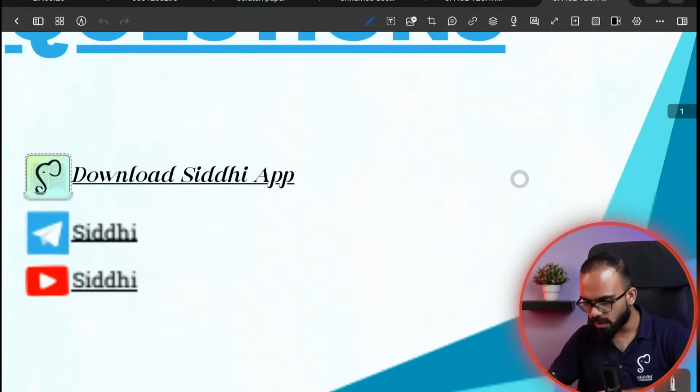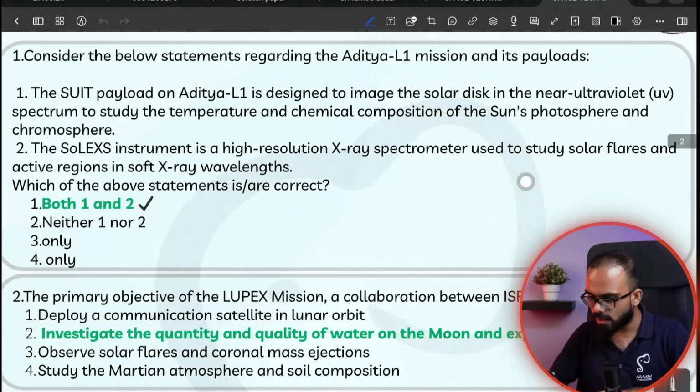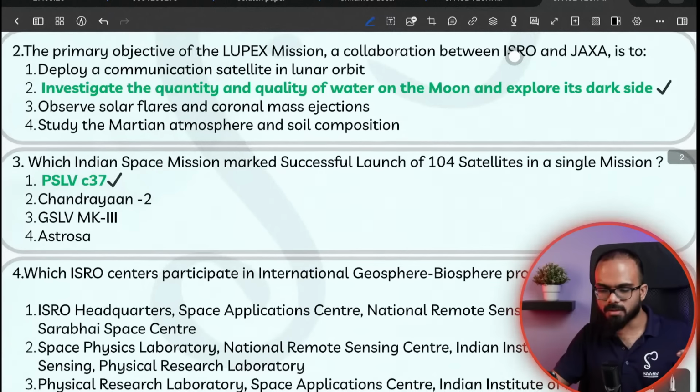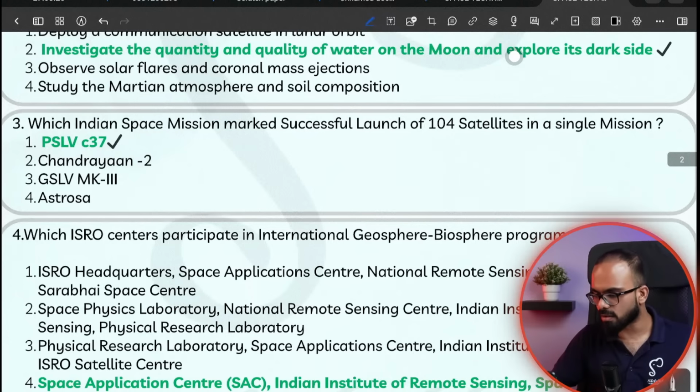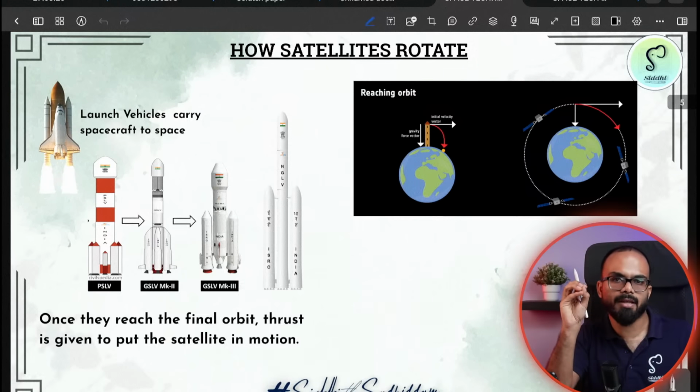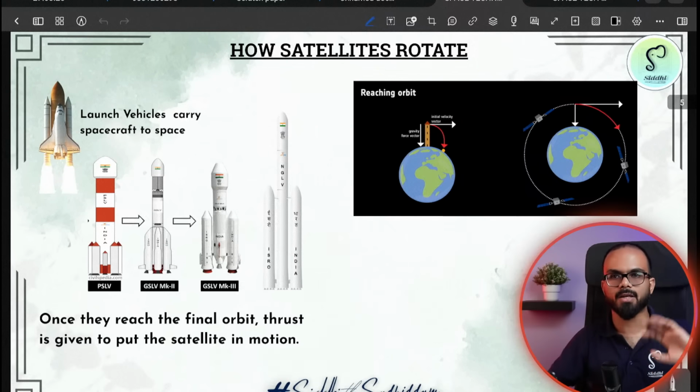Now, if you want me to take up the questions, I'll tell you that this is Aditya L1, this is the payload, done. We can do this, but there is no use of this. So, questions, you do this by yourself. I will teach you the topics that are needed for the new topics. This is about today's class. Are there any questions or can we end this for today?